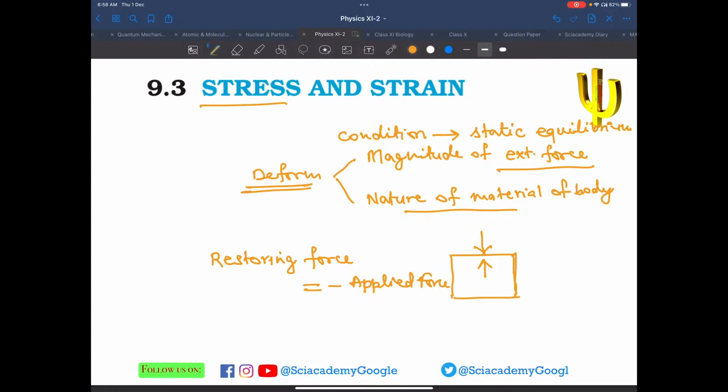Therefore, restoring force per unit area of cross section of the body applied where the external force is applied is known as stress. That means stress is nothing but the force applied per unit area of cross section. Okay, this is the magnitude of the stress,